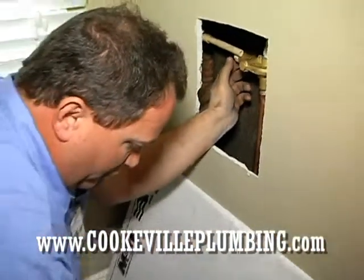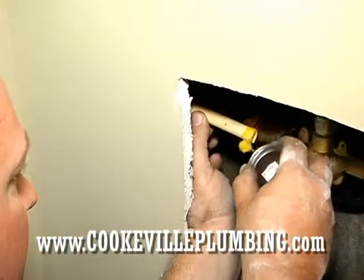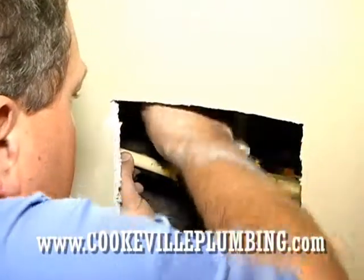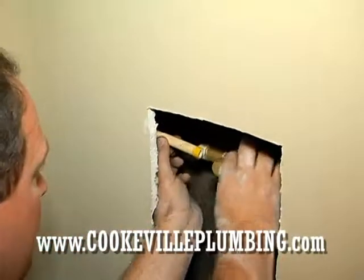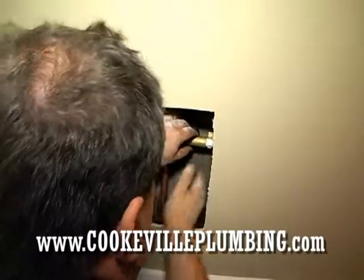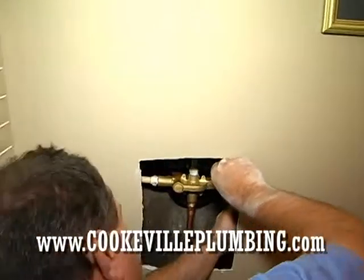Again, you don't want to go overboard on putting too much of this around everything because you got a shower valve here. You don't really want to get glue stuck inside all the internal parts. So we'll put what we need to put on there. Make sure it's good. Pull it over. Just push it right in. Take the other one, what I believe to be the cold. Go ahead and